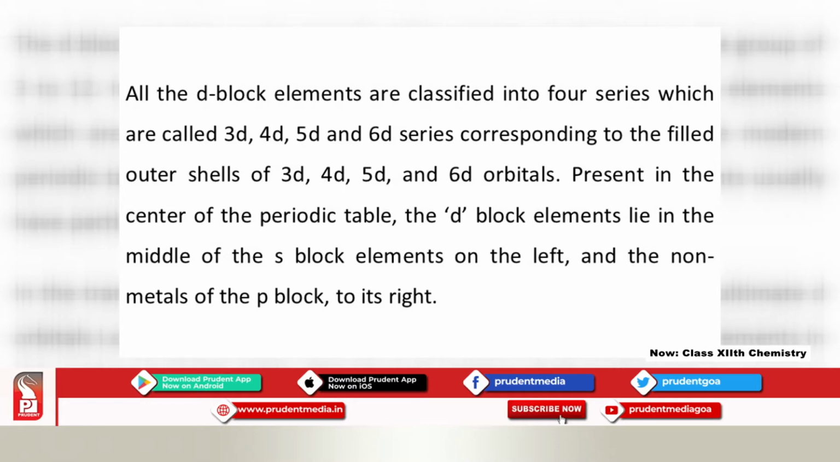See, all the D block elements are classed into 4 series, that is 3d series, 4d series, 5d series and 6d series. They are present in the middle of the periodic table, that is the D block elements, and the non-metals of the P block elements are at the right. Next is the